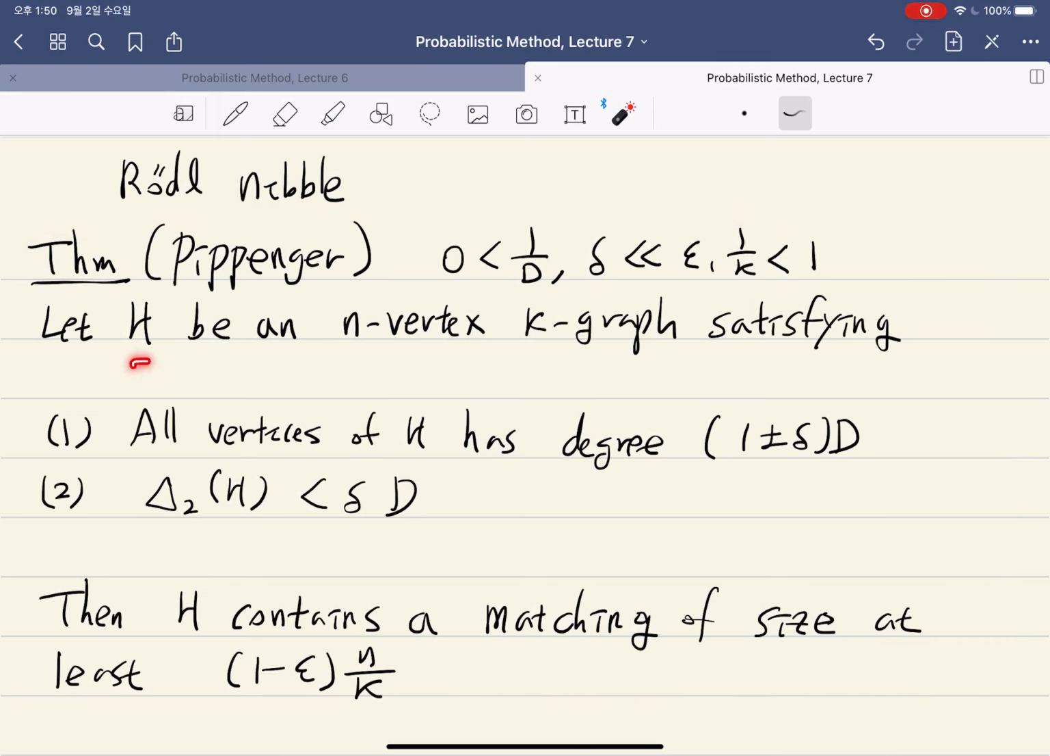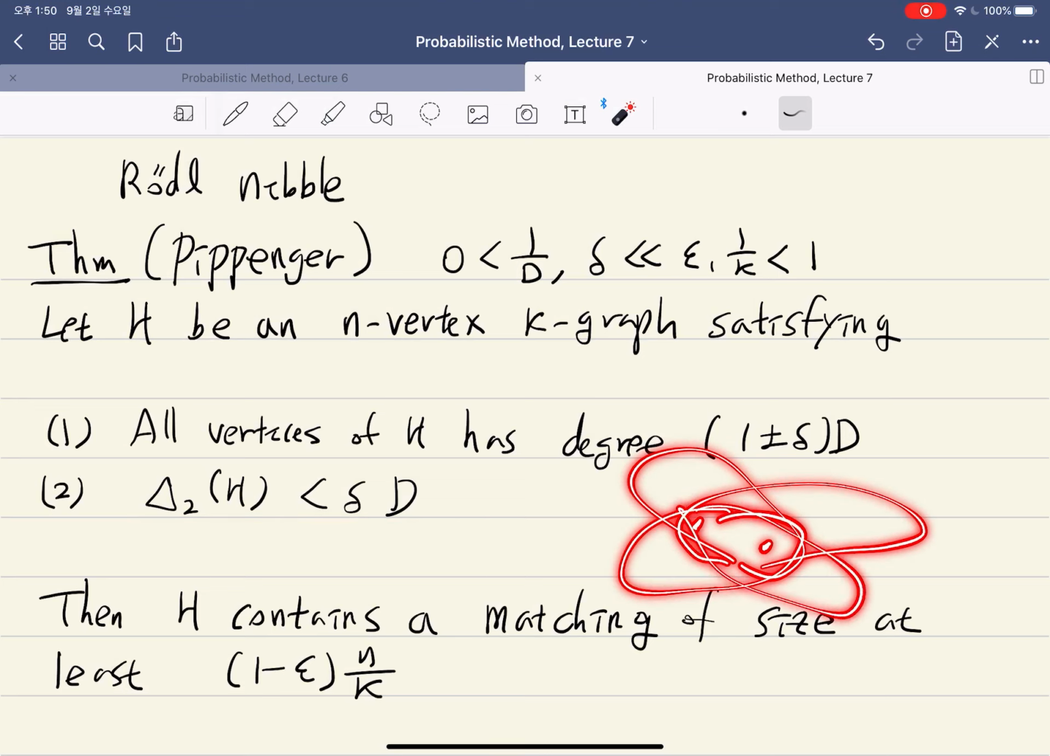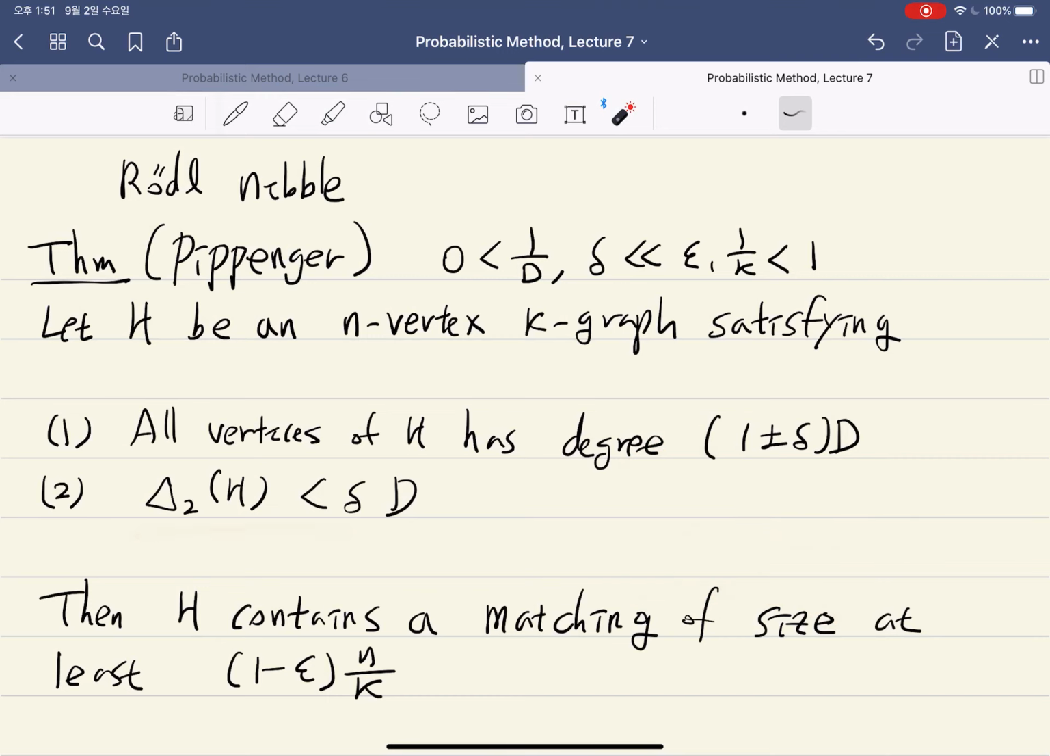When we have a k-uniform hypergraph, k is an integer at least 2, and if D is sufficiently large and delta is sufficiently small compared to the given epsilon and k: if H is a k-uniform hypergraph which is almost regular, with degree very close to this large number D, and its codegree, for given two vertices, the number of edges that contain both of them, is the codegree of these two vertices, and then we consider the maximum codegree out of